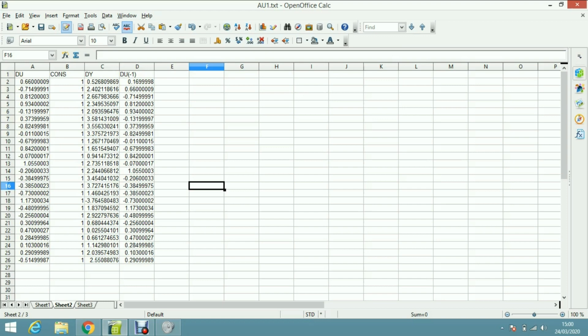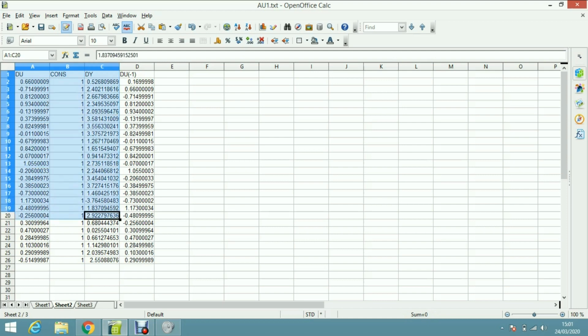Unfortunately, the only way you can do this here is by modifying the data set. So what I've done on this spreadsheet here is to include an extra column, which is the lagged value of unemployment. So you notice here that everything is shifted by one row. So what was in column A, row 2, is now in column D, row 3, and so on. So this is the lagged change in unemployment series. So again, what I'm going to do is copy this to the